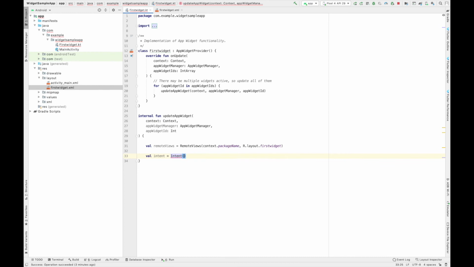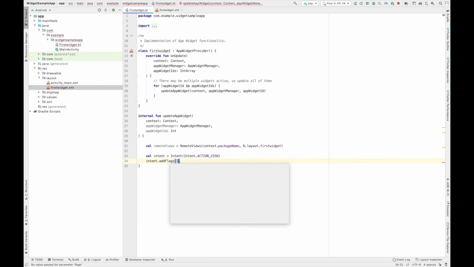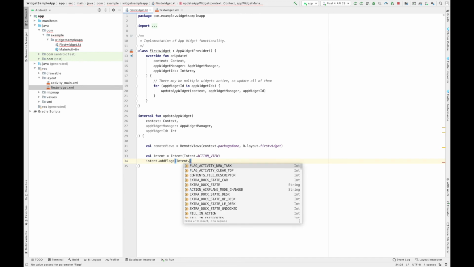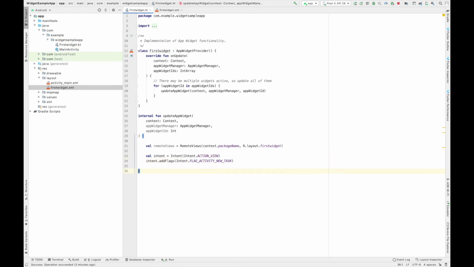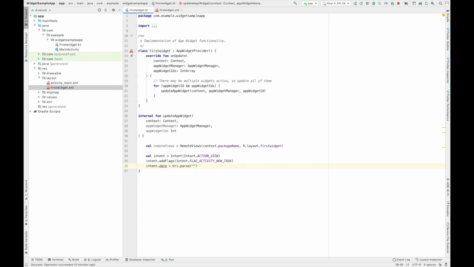So I'll put it this way. This will be Intent.ACTION_VIEW. This intent will have flags of new task, since I want to start a new task whenever this intent is triggered. And I'll put a data. Here I have to pass the data which I want to pass. So here I want to open my website, so I'll pass the URL of my website, which is https